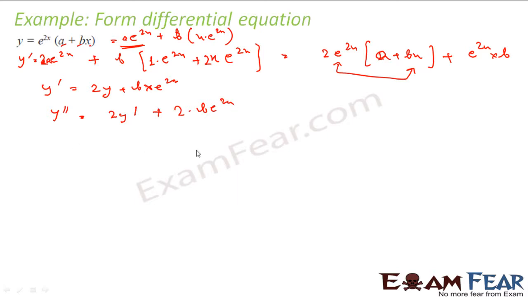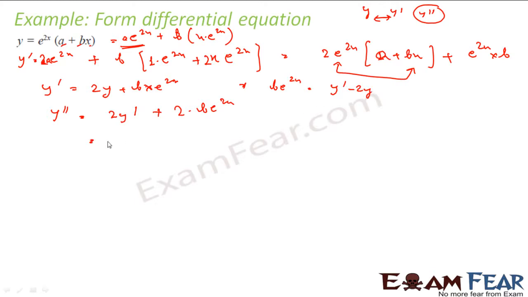This is my final solution actually. The only thing I have to do is replace this guy b, because as I told earlier, I had this equation in terms of y, I got y dash, I got y double dash. I have to find a and b using these two equations. So let's see if I can find b. I can find b actually, because from this equation, b into e to the power 2x is nothing but y dash minus 2y.